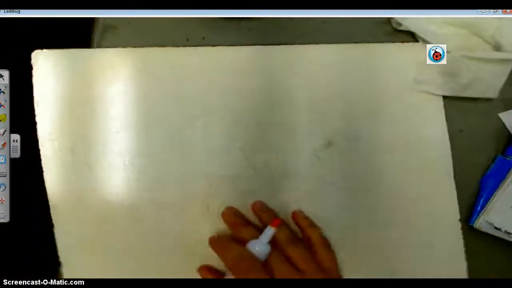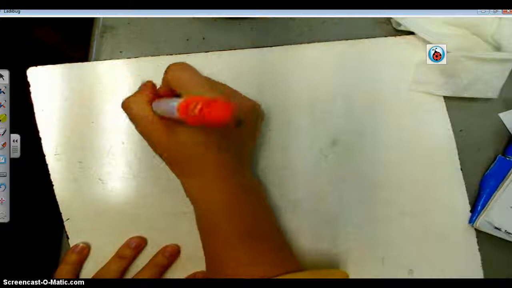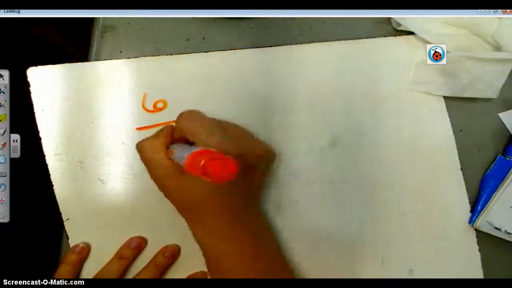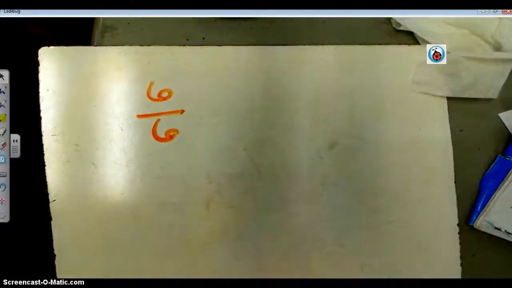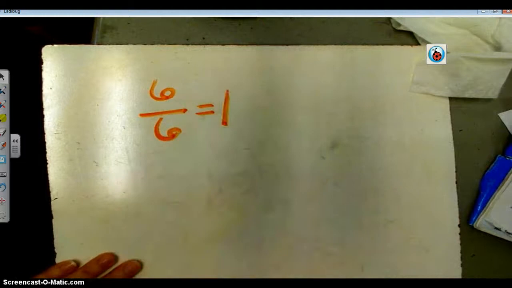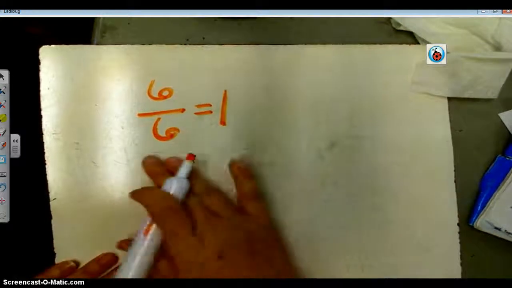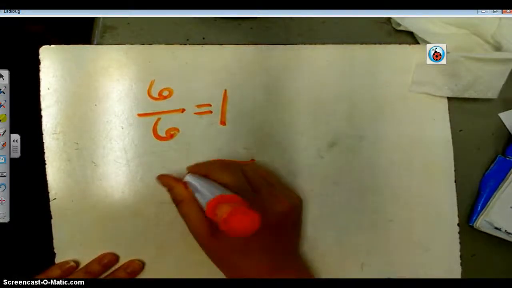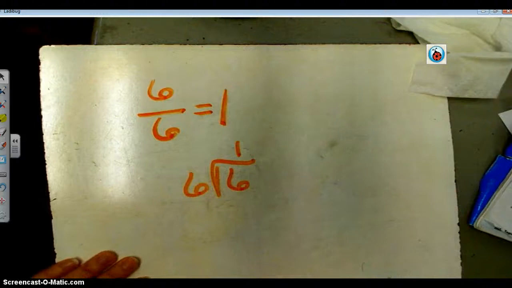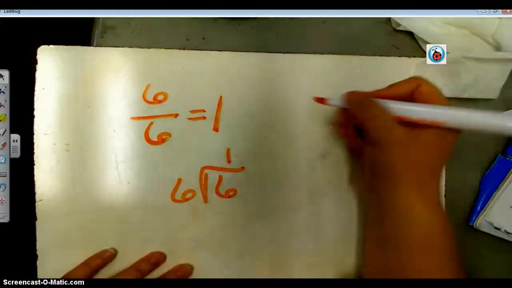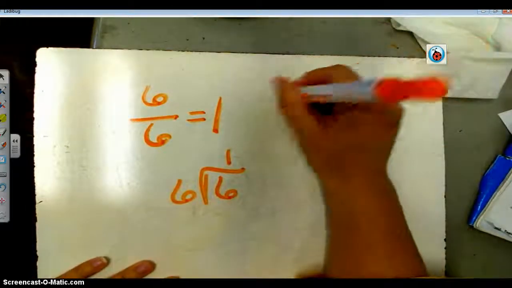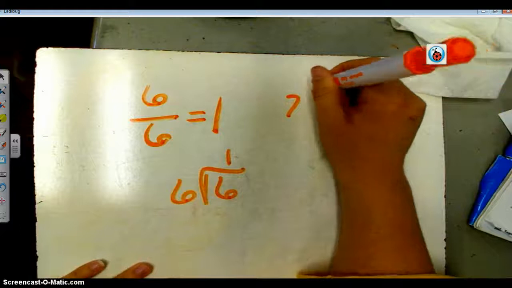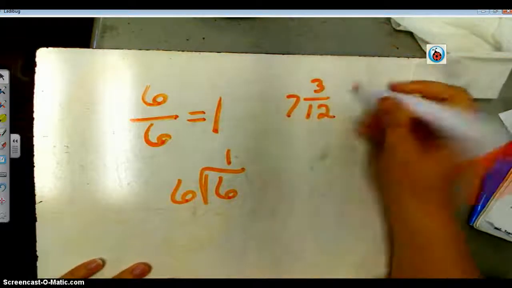Listen. If I have any numerator that is the same as my denominator, what does that equal? 1 whole number, because 6 divided by 6 equals 1. So when you're regrouping and you have the 7 and 3 over 12, or I'm sorry, 8